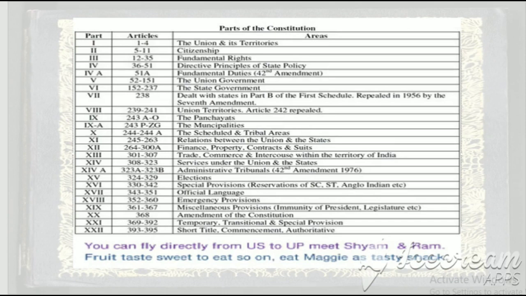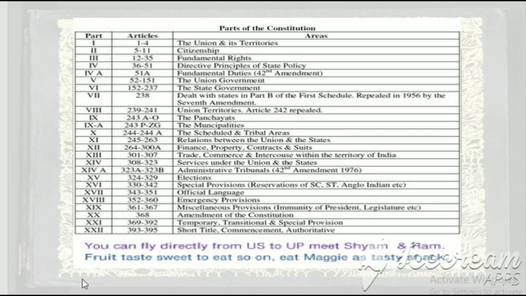In the two lines that are mentioned, each word represents a part of the constitution. For example, the English alphabet U represents the union and its territory. In the word 'can', the first letter C represents citizenship, that is the second part of the constitution. Similarly, for 'fly', you take the first alphabet F, and it represents the fundamental rights. Likewise, you can remember the tricks for all the parts of the constitution. I have given you the trick because it is very important and quite often asked in the examination. So you have to remember all the 12 parts.